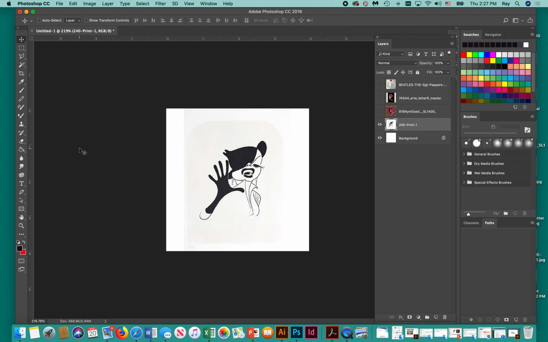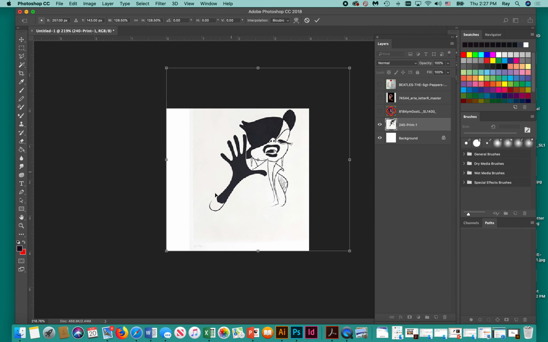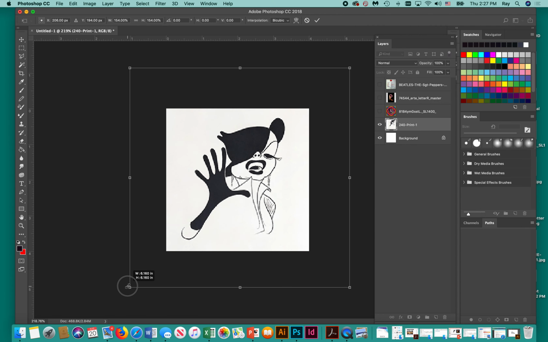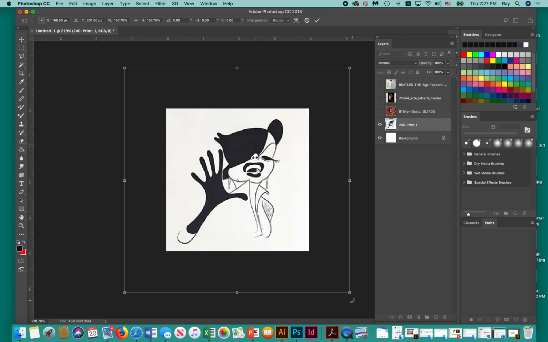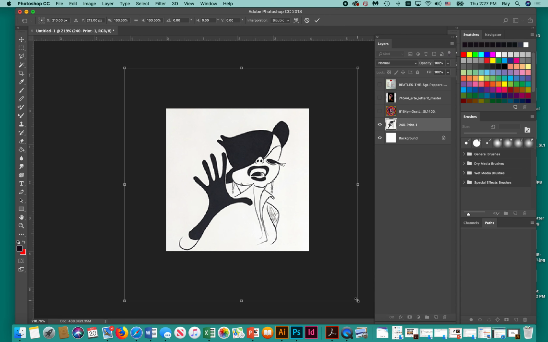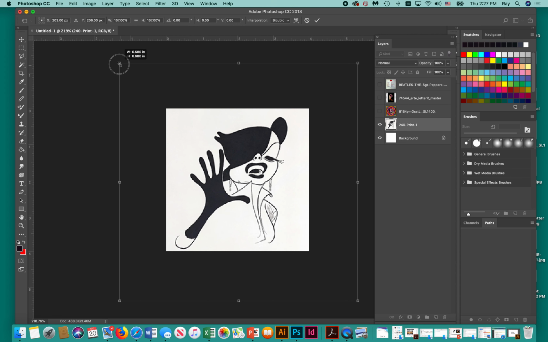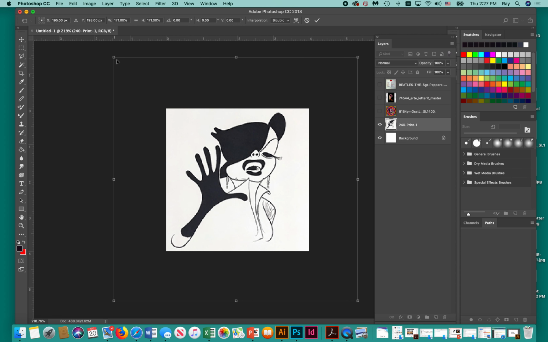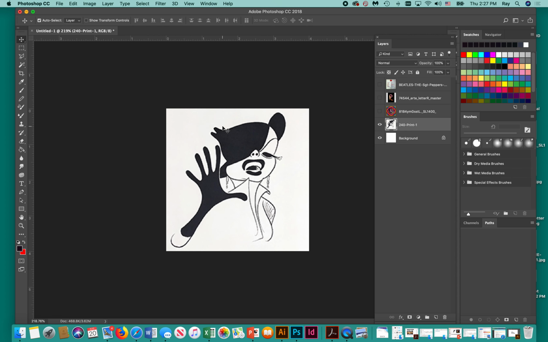The way I can make this a little bit larger is by hitting the cursor button, hit Command T, and you'll see that I'll get a little bounding box around the image, and with these little grips, if I hold down the Shift key and pull on the corner grip, you can see how this makes it larger. And remember I said that it's just like a frame. Everything that we don't see is behind the frame, and the black is acting like a frame. Okay.